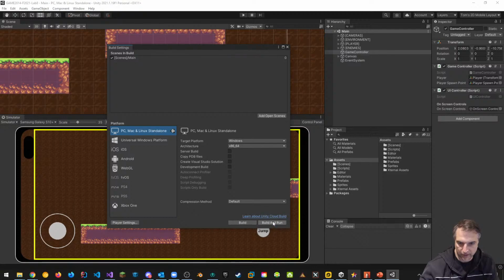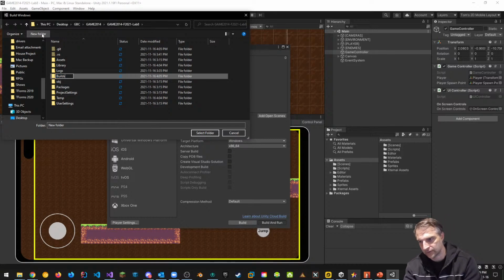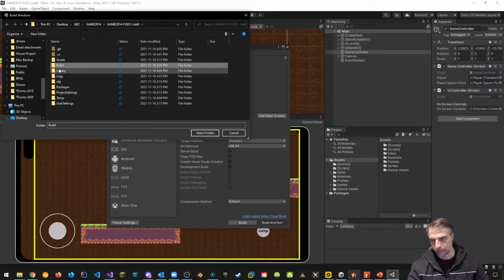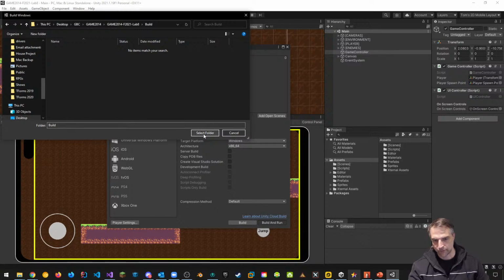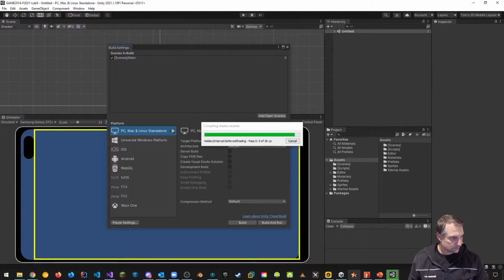So we'll say Build and Run and we'll select a new folder. We'll call this one just Build, right? For Windows Build. And we'll go in there, select our folder, and it's preset so far, so it'll work. And it'll create a Windows build. This Windows build will allow me to test to see if those on-screen input controls are hidden as opposed to shown. It's a great way